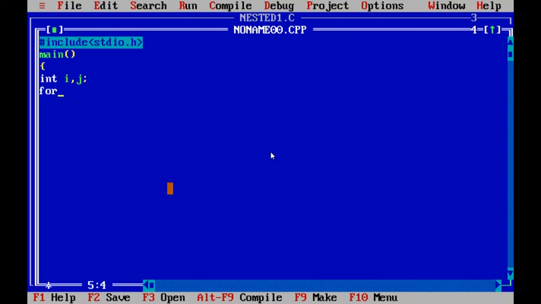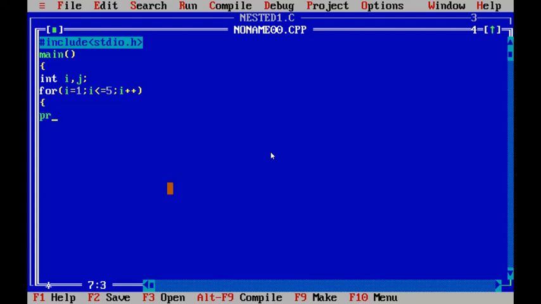For loop: for i is equal to 1 semicolon i less than or equals to 5. To repeat the loop 5 times, we are using the condition i less than or equals to 5. i plus plus, this is incrementing the variable i.